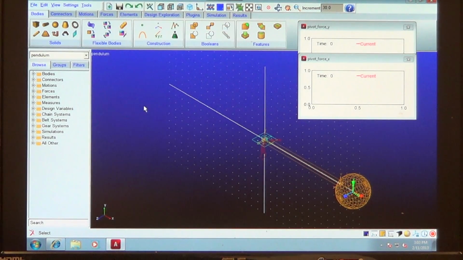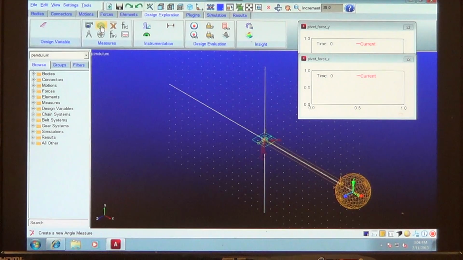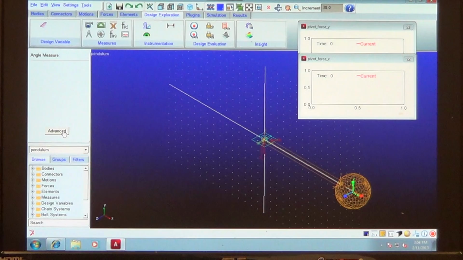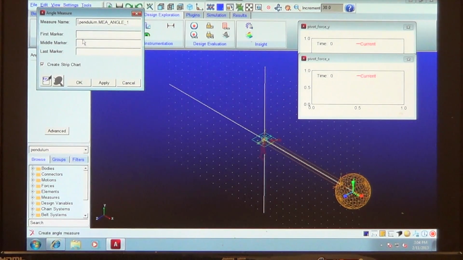Now, how will the angle be measured? The angle will be measured from here, that is the reference. Let's define that. So if we go to design exploration this time, see design exploration, and then we have to set that we want to measure an angle. So click there, and under measure define a new angle measure, and click advanced, and then you name it